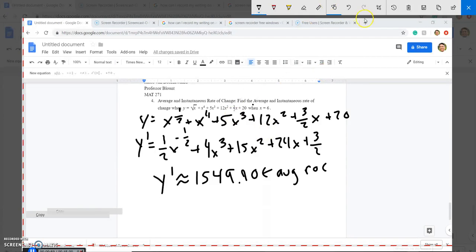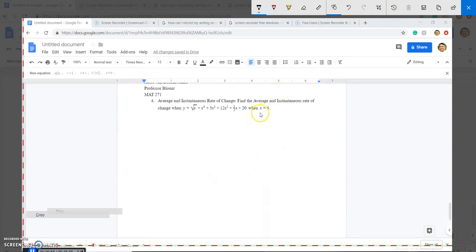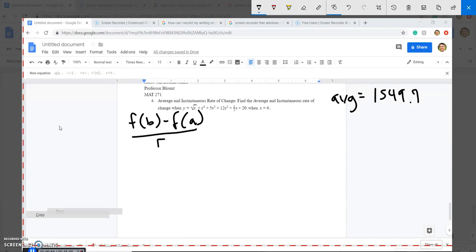Okay, so I'm going to go ahead and clear this off. And so from there, I'm going to rewrite the average so that we have an idea of what it was again. So average equals 1549.7. Okay, so for instantaneous, our equation is going to be f of b minus f of a over b minus a. You may have also seen it as y2 minus y1 over